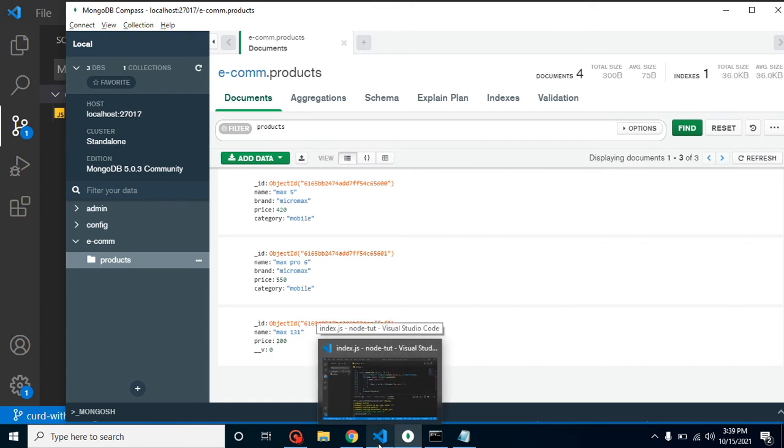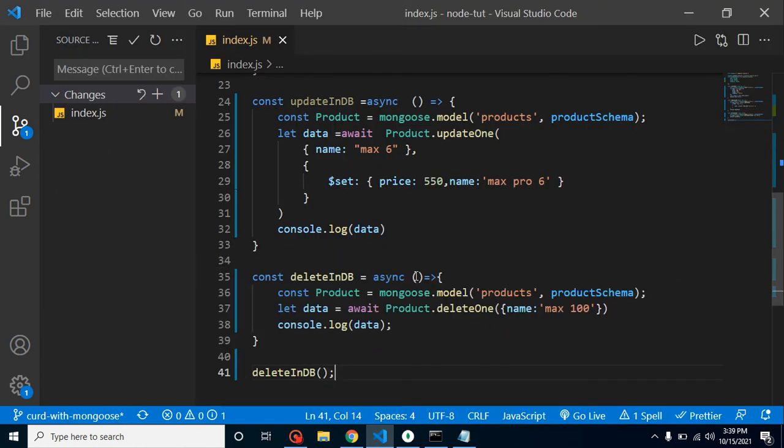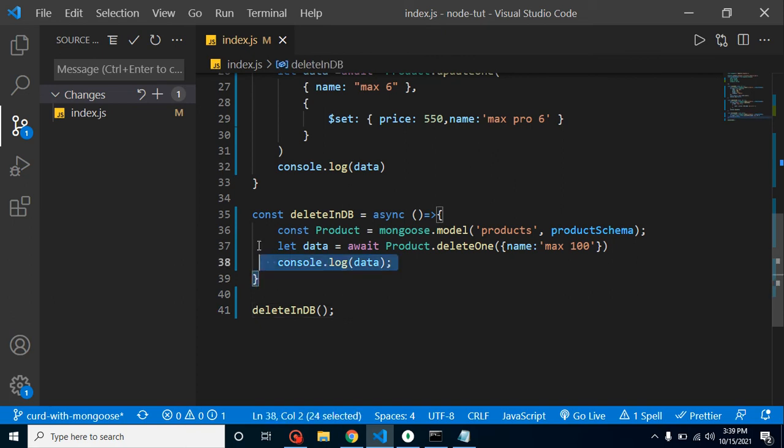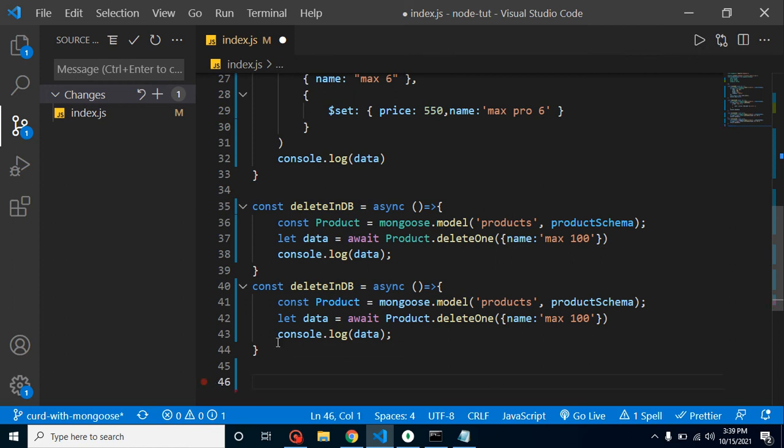So now let's go with the last function, which is read or find, but this is not least. Let's copy this function because both are similar, and let's change the name of this function also. It can be just find or read, whatever you want to put, because we will perform both operations with that function.